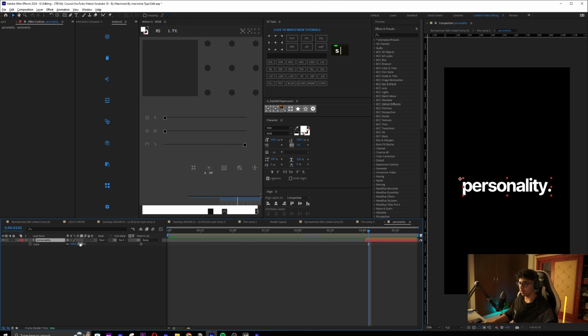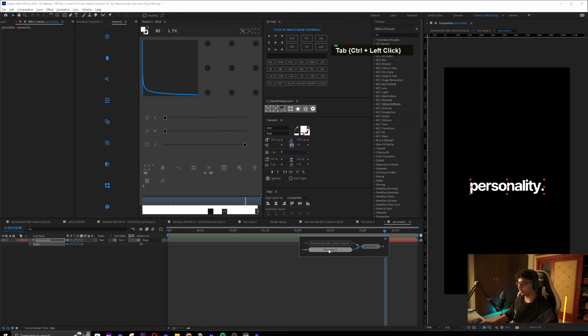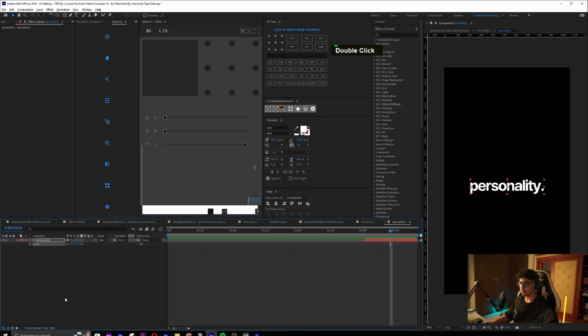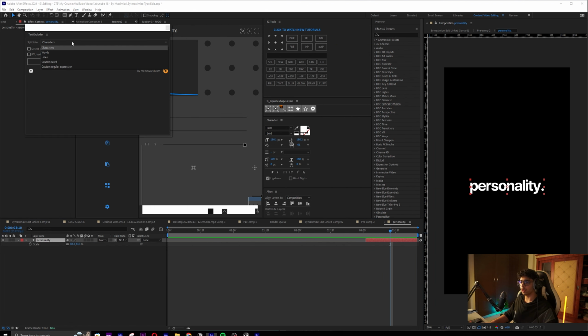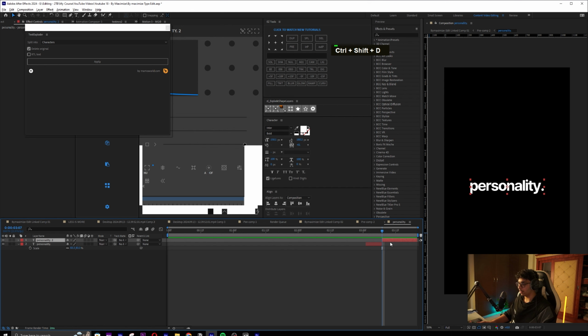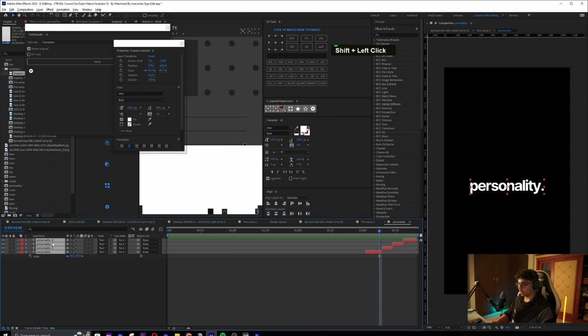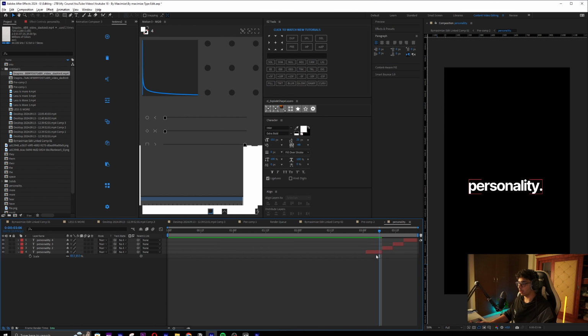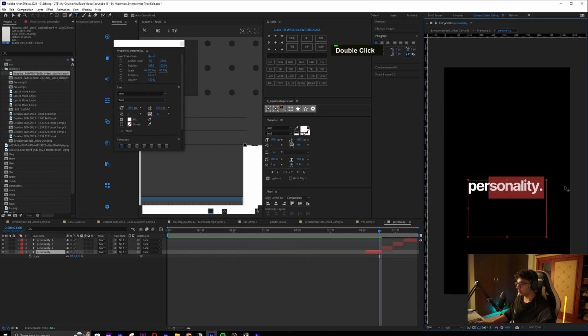Let me go into personality and just make it smaller. We want to see where he says personality because we want to separate the text. "Per", "sonality". So at this point, what I'm going to do is add an effect called Text Exploder, delete original, and then split it into per, so let's give it six, per, and then the rest. Okay, so it's going to be per. Before I do anything, we want to make sure that the paragraph is set to be like this, and then I can center align.